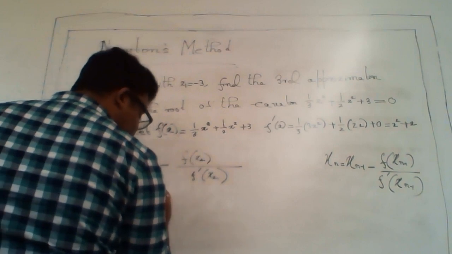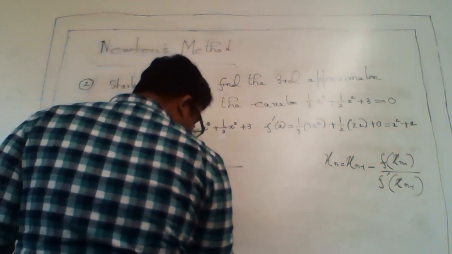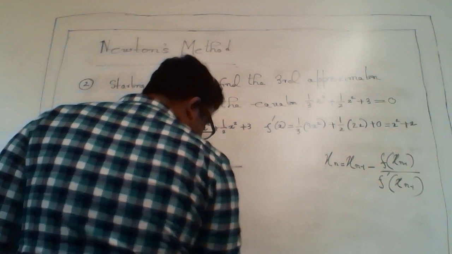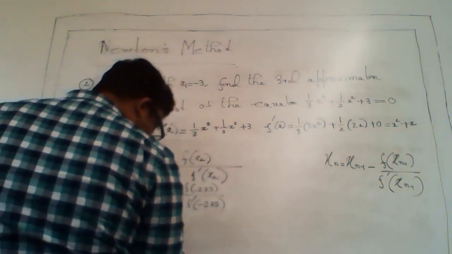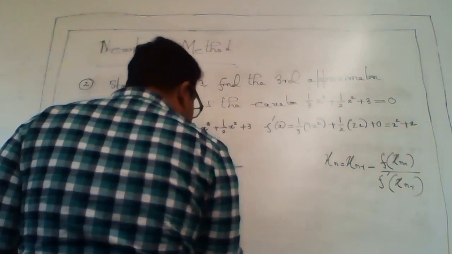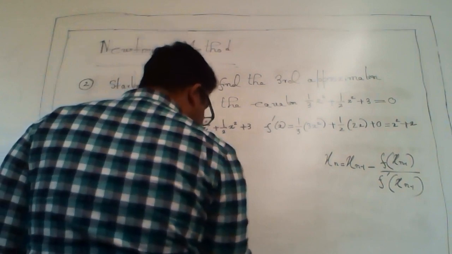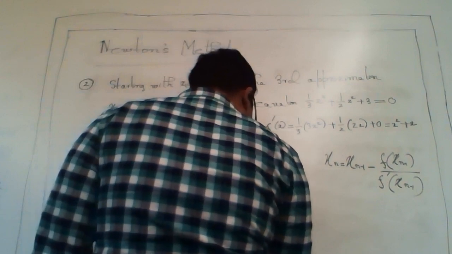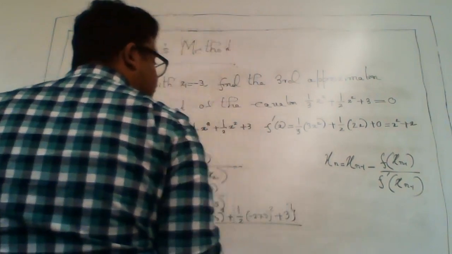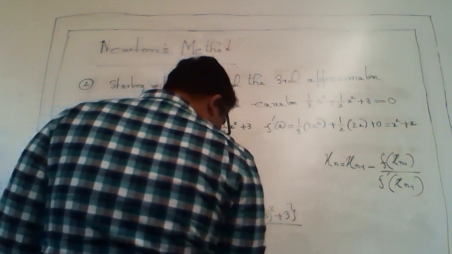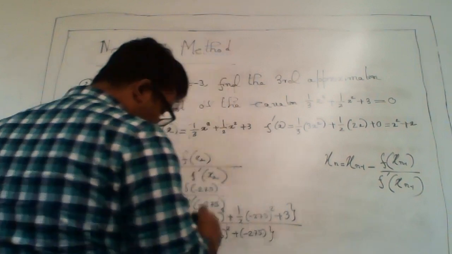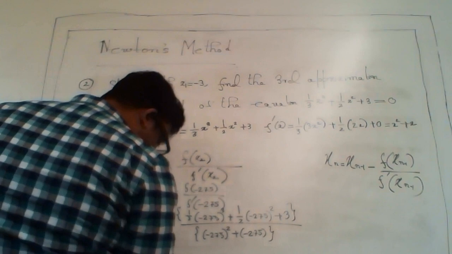So it will be -2.75 minus f of -2.75, which means 1/3 (-2.75) whole cubed plus half (-2.75) whole square plus 3, whole divided by (-2.75) whole square plus (-2.75). So it should be equal to -2.75 minus,